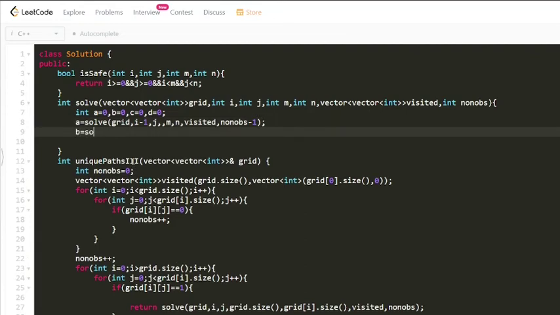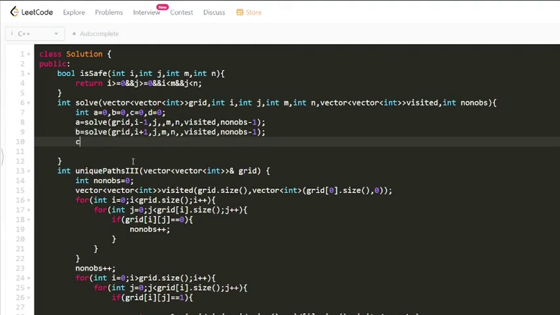Next, create the function for the downward movement. If the robot moves down, then our i will be incremented by 1, j will remain the same, m comma n will remain the same, visited will be visited, and non-obstacles will be decremented by 1.